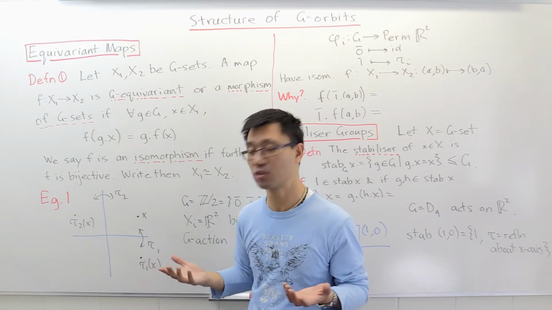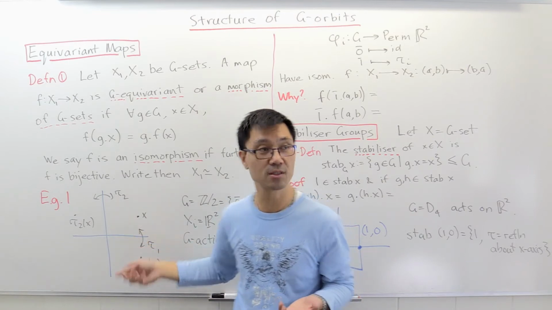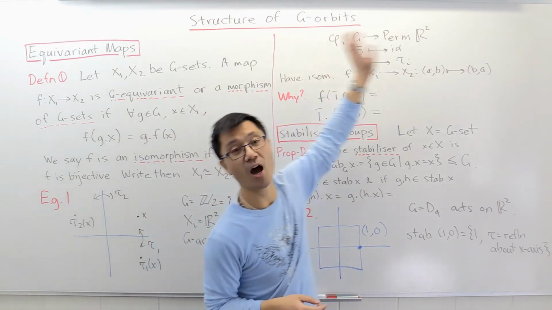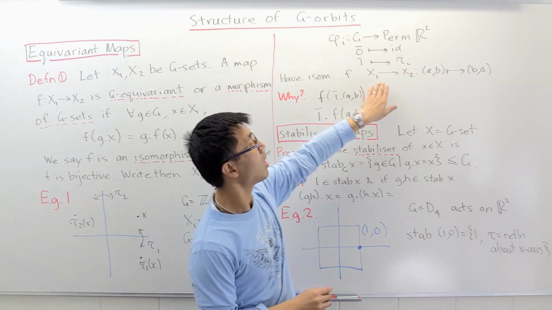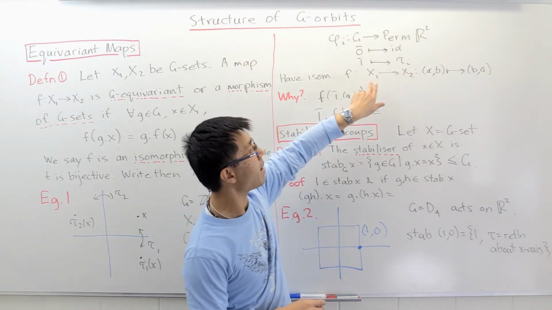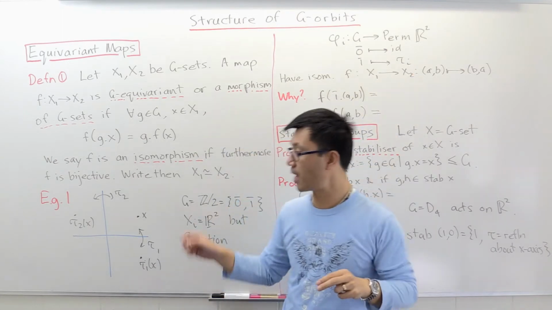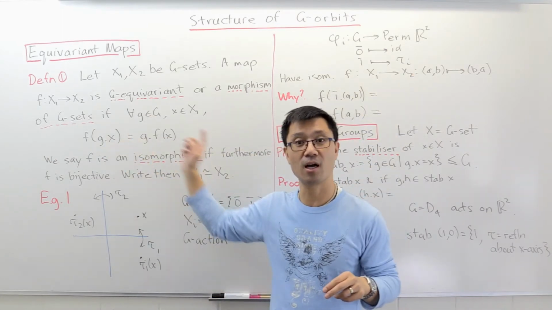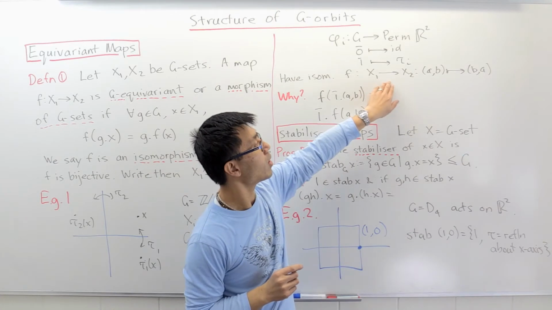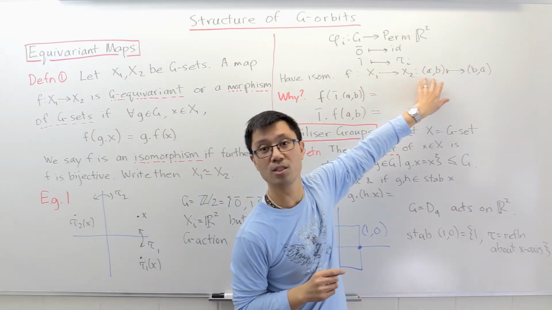And the easiest way to do that is just to swap the two coordinates. So I claim that we do have an isomorphism of G-sets, x1 to x2. It's just a map from x1 to x2 which satisfies this condition here. The one that I'm going to pick just swaps the two coordinates, so AB gets sent